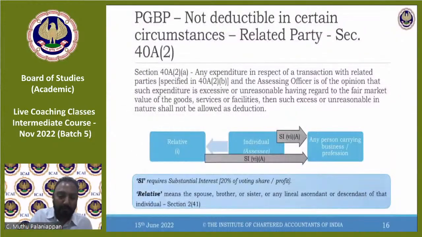I'll answer some of the questions till this section. Hitesh Jain asks, is a nominal partner also not allowed? No, only the working partner is allowed. Any other partner is not allowed. When you say working partner, they must be actively participating in the day-to-day management of the partnership firm. So any other namesake partners, whatever name you call them, are not allowed.